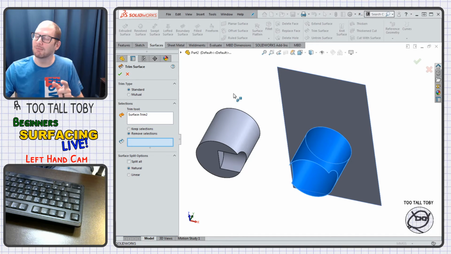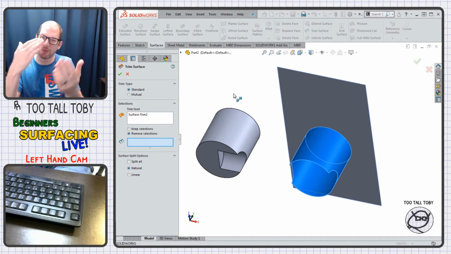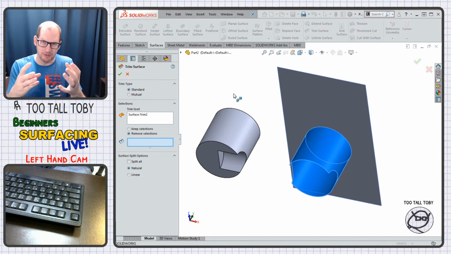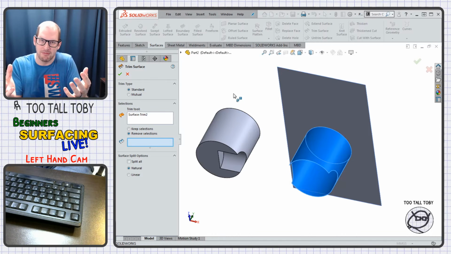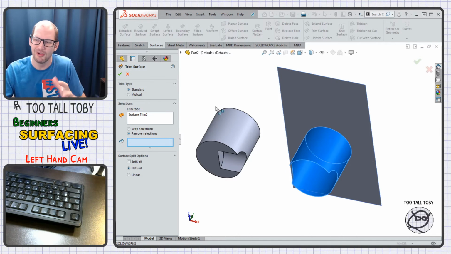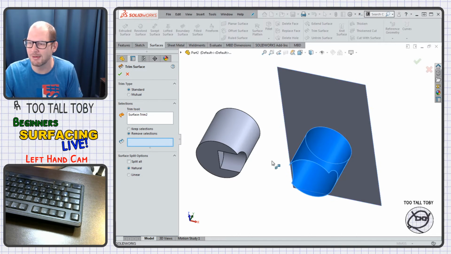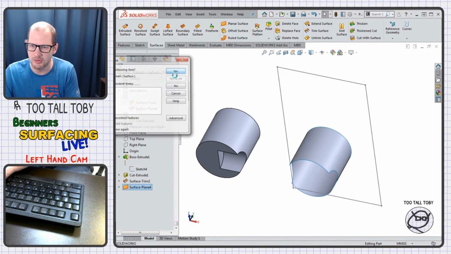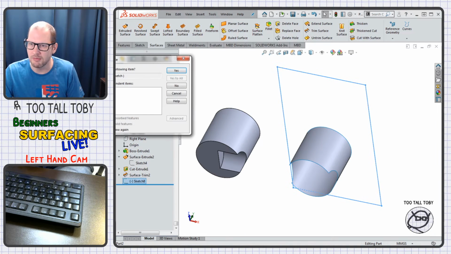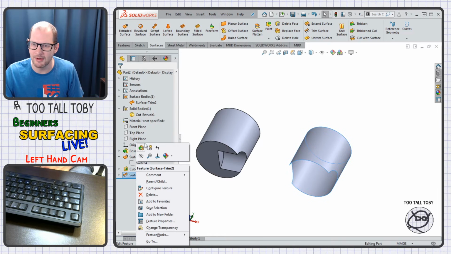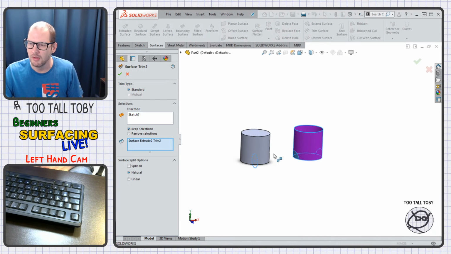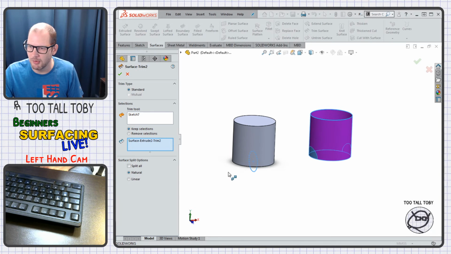But there are times when you get into complex trimming where you've got 3 or 4 surfaces all coming together where you actually will see a difference, and one solution maybe is not even available where the other one is. So there are fringe cases, but most of the time it's just about which is easier to select, which is more convenient. In our example here, you can see that we are using the keep selection option just because it's easier. I only have to pick one if I'm going to do keep selection. I don't have to pick 2. So that's an example of using trim with a